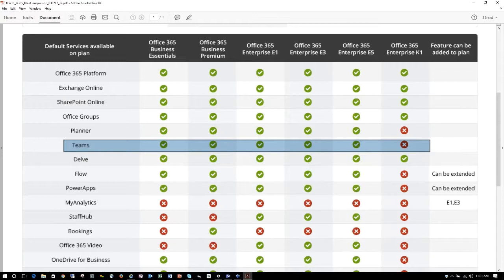So in regards to the platform, the plans that are available with Teams are more or less the combination of suites in regards to your tenant environment. As you can see here, I've highlighted what Teams is included in. That's included in the Office 365 Business Essentials, the Business Premium, the Enterprise E1, the Enterprise E3, and the Enterprise E5 suites. So if any of your users in your organization is assigned to those licenses, they'll be able to